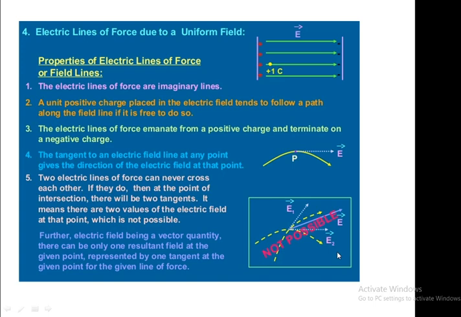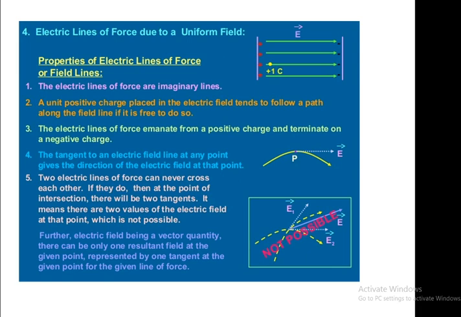At a point there will not be two directions for electric field intensity. That's why such a situation, intersection of electric field lines, will never arise. Clear? I will explain once more. No two electric field lines can intersect each other. Why? Answer. If two electric field lines intersect at a point,